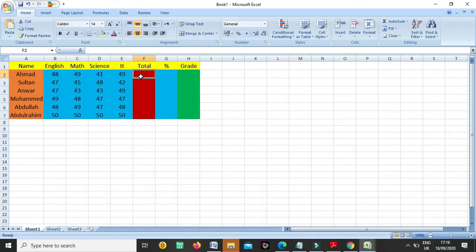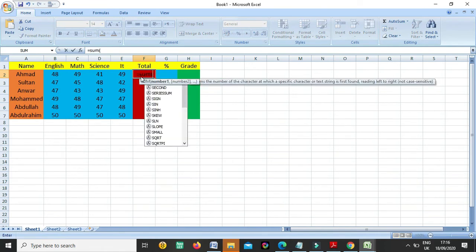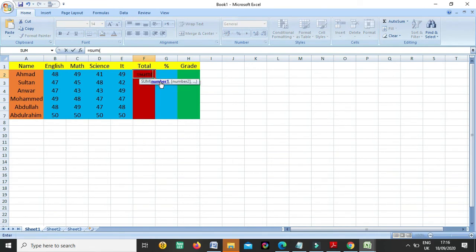So once I write the formula equal to SUM bracket, then I can write manually, from B2 till E2, or I can select the cells from B2 till E2. Then I will press enter, so you can see there is a total.